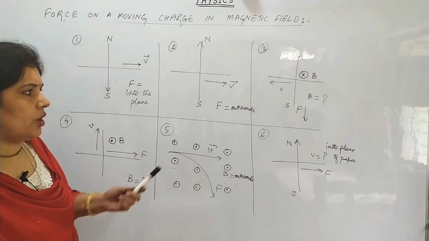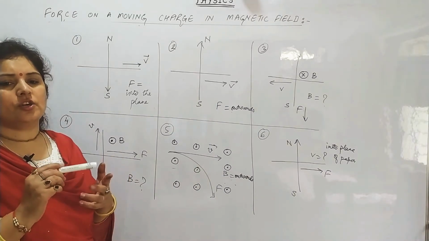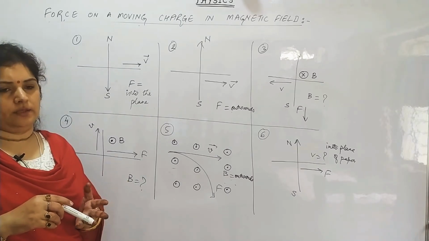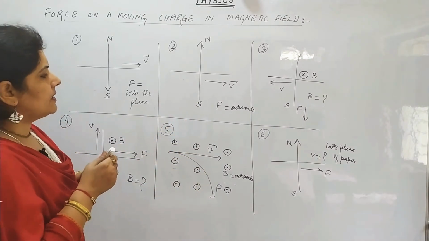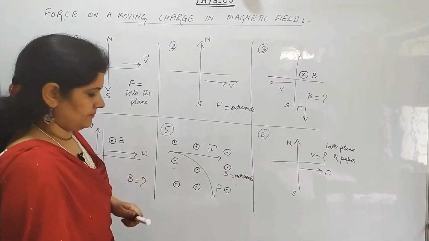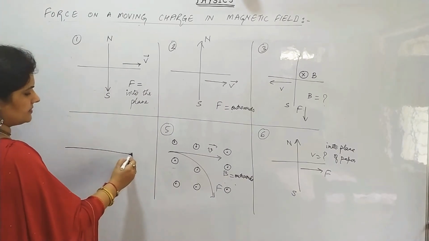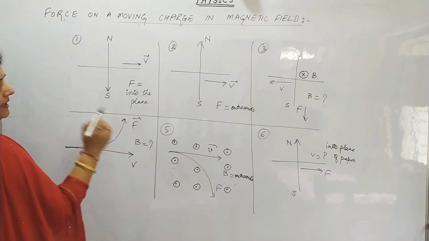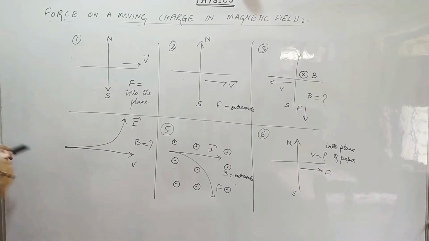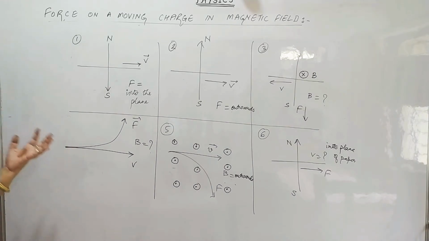Six is into the plane of the paper, or inverse. So you may get questions asking the direction of magnetic field, direction of force or direction of the charged particle. They may ask you in this manner or like this. Suppose there is a charge moving like this and it turns upward. Find the direction of the magnetic field. A charged particle was moving in this direction and it turned upward. So in what magnetic field has it entered such that it experiences a force in the upward direction?